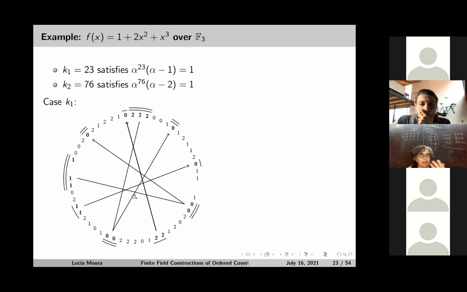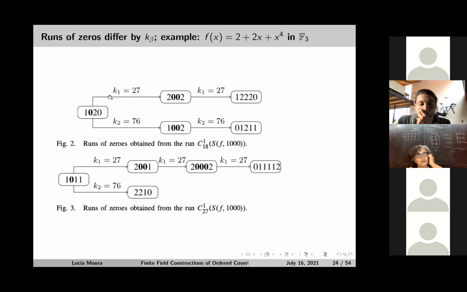So this kind of combinatorics of the run of zeros related to those steps k1 is what is guaranteeing we do not run into too many zeros on these anti-ideals. For example, I would be in trouble if in the position t there, I would have a 0, and then when I advance k1 positions in the sequence and I get here, I will find another 0. And then if I advance more and I find a third 0,